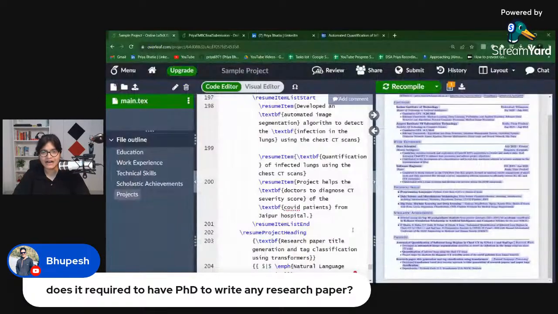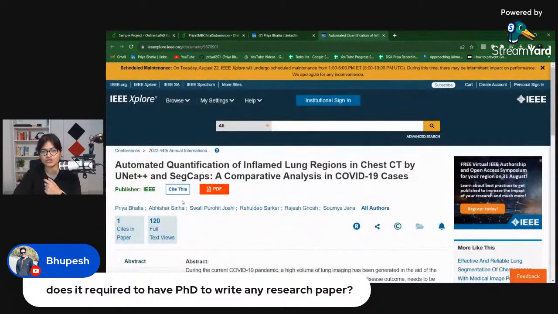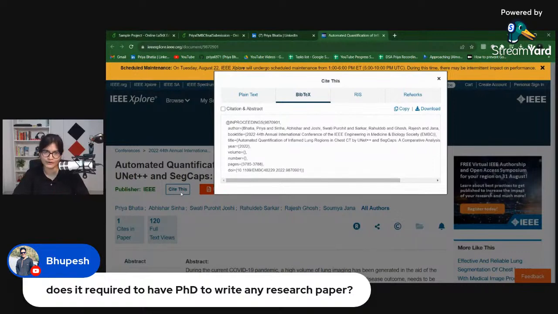And afterwards, I talked about how you will be able to attach your publication in your resume, and what format you should follow. Here I'm talking about LaTeX format, because this is what I usually use to create my resumes. And after that, the last important point is how you can add the references in your research paper: create a separate bib file and get the citations from whatever research paper you want to refer to.